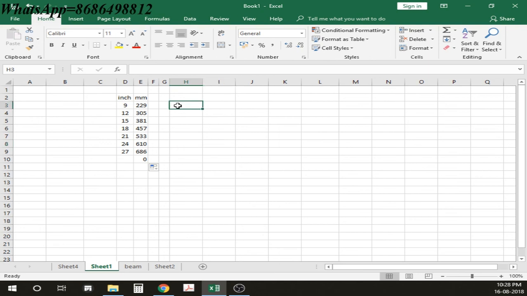And let us have another idea. Whenever we find rods, they will have diameters like 8 mm, 10 mm, 12 mm, 16 mm, 20 mm, 25, and so on. If you want to have the formula for area of steel for this, let us say it is dia, and dia in terms of mm. I want the area of steel for this, and area of steel should obviously be in terms of square millimeters, or I can write mm2, meaning mm to the power of 2. So now if I want to have the formula, I think you will know that the formula